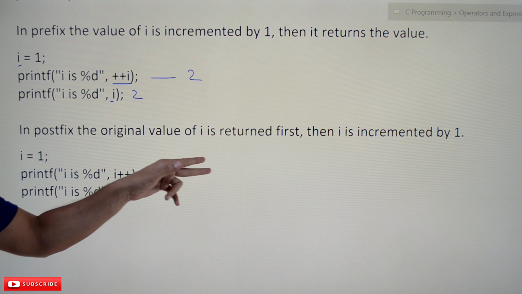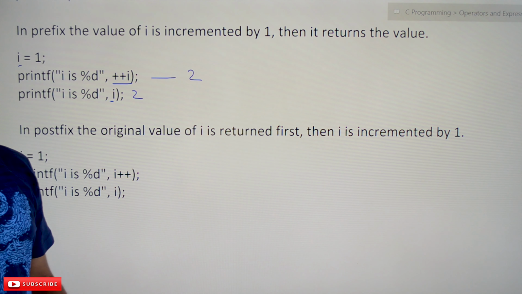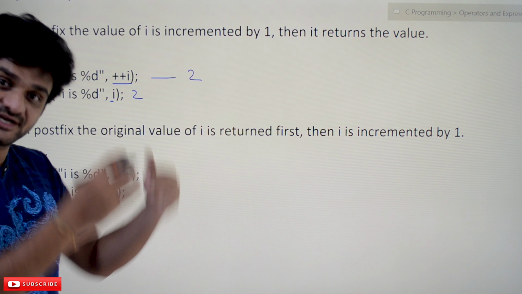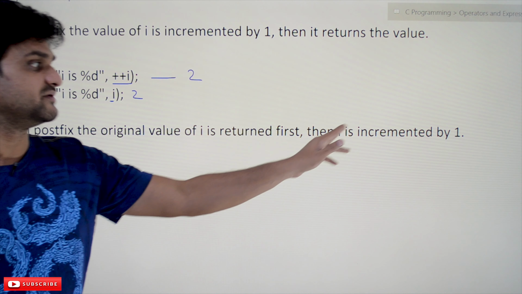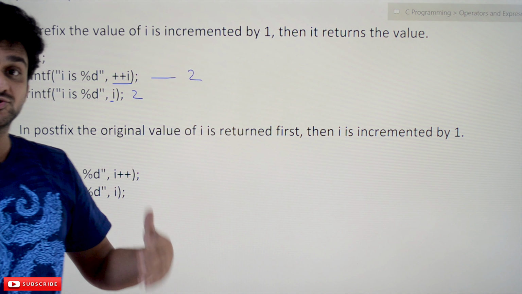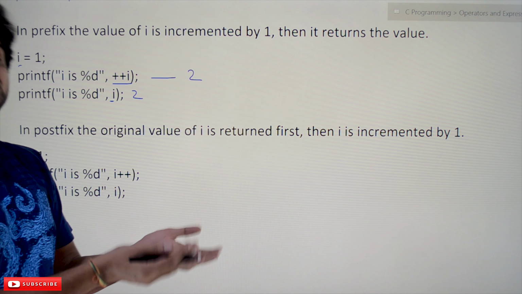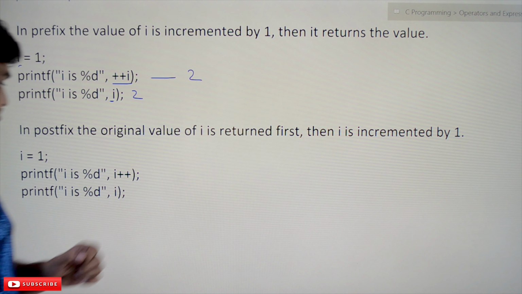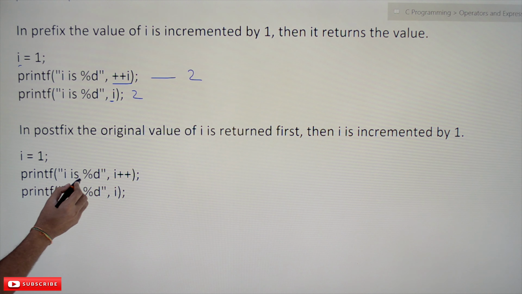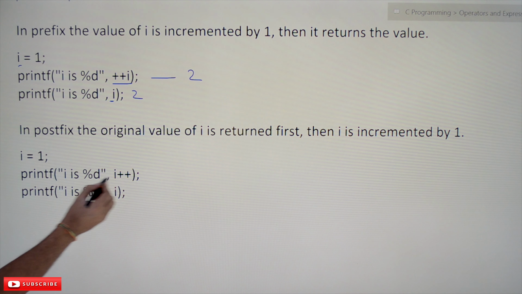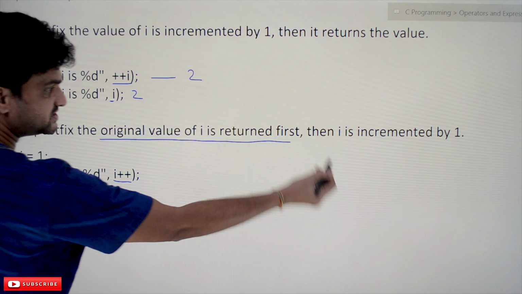Similarly, the postfix operator. In the postfix, the original value of i is returned first, then i is incremented by 1. So after evaluation of that expression using the original value, i will get incremented. Let's understand this using this example. i is equal to 1, postfix printf("%d", i++). The original value of i is returned first.